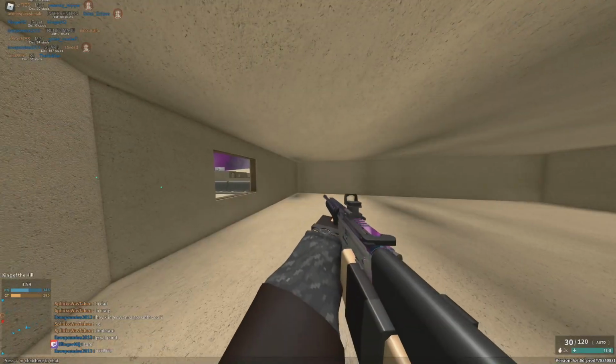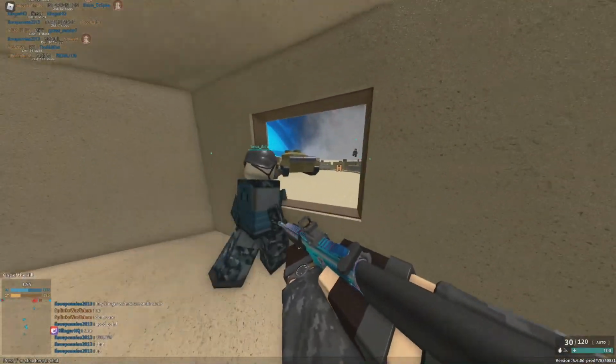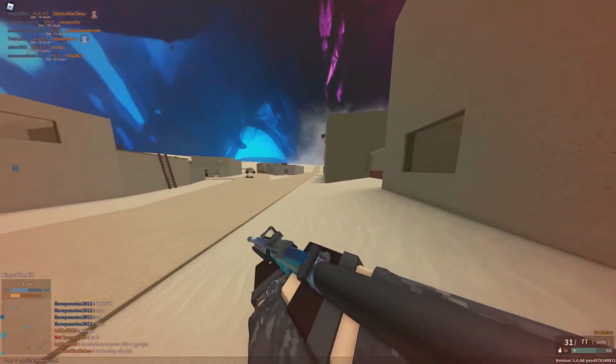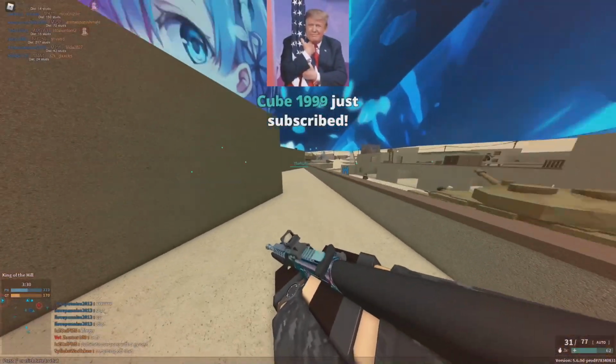Next up is the mini site. Mini site's a hit or miss. The dot is really massive. So this mini sight is kind of good on SMGs, but it's really hit or miss, okay? So some of these guns I would use...